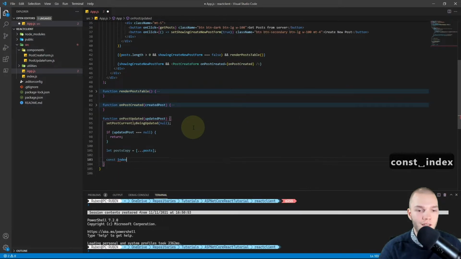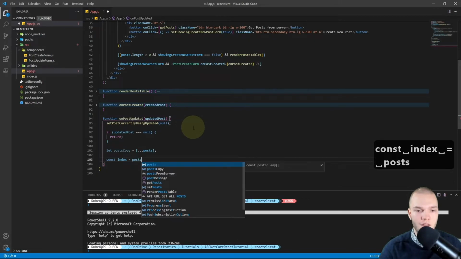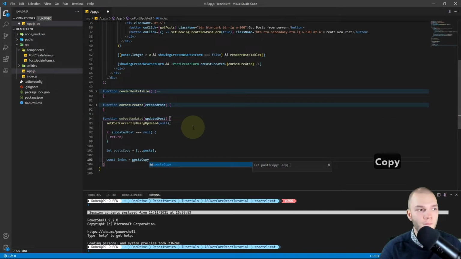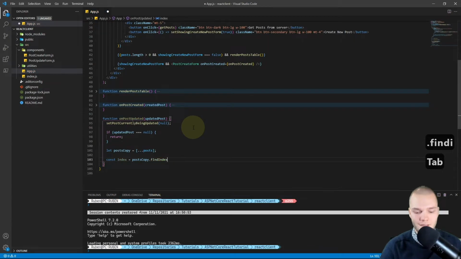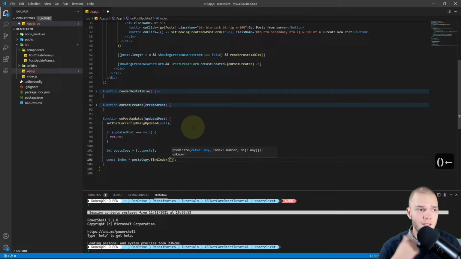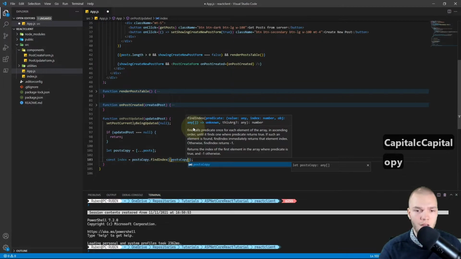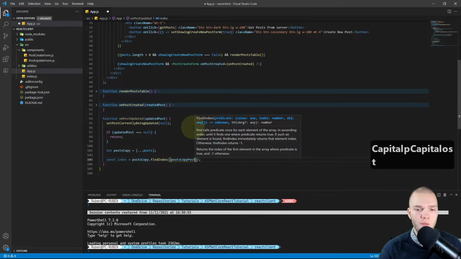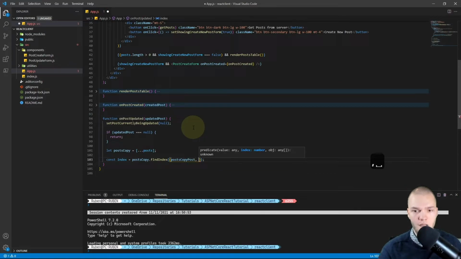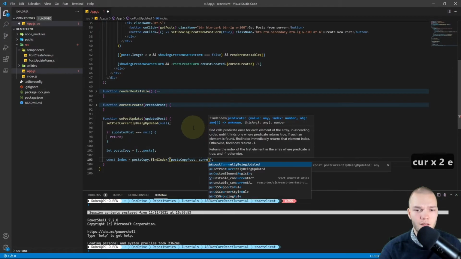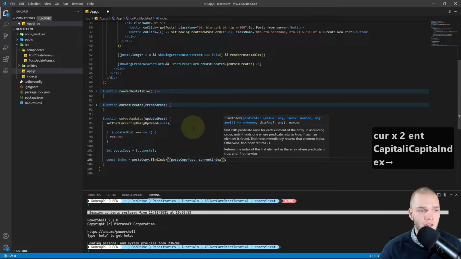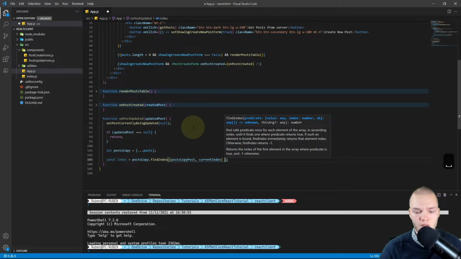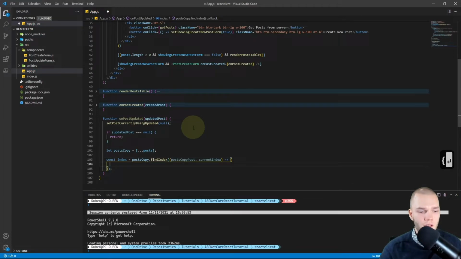So I'll do const index equals and then the postsCopy dot findIndex, and there I'm gonna add another parentheses and name the variable we'll loop over postsCopy post, and the second argument I'll name currentIndex, and this is an anonymous function, so I'm gonna add an arrow and curly braces, and this is kind of a for each loop.